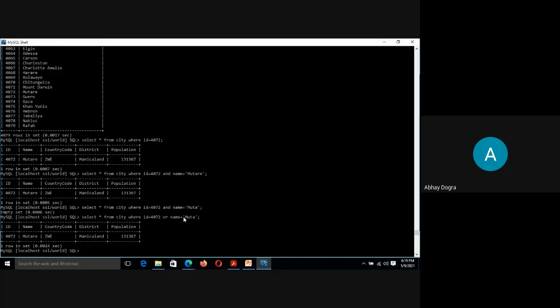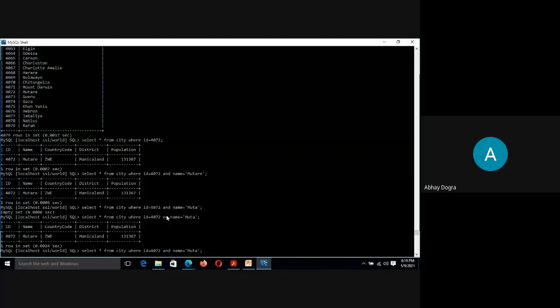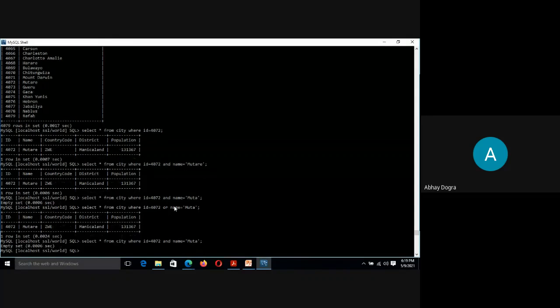So we have two conditions and we are using OR. And as we know, if we are using OR, even if one of the conditions is true, the total outcome will be true. So that's why we were able to fetch this record. If we would have put AND here, then no record would have been fetched, as you can see. So this is what we learned yesterday.